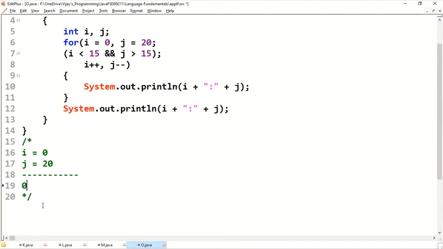Printing the same. i value got incremented to 1, j value got decremented to 19. 1 less than 15, 19 greater than 15. Yes. Printing the same.